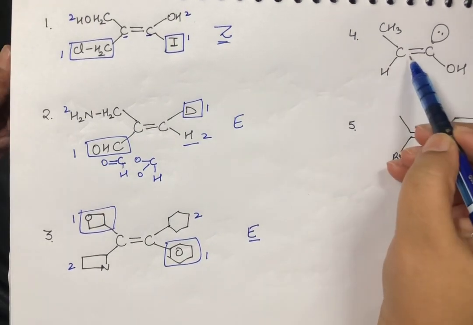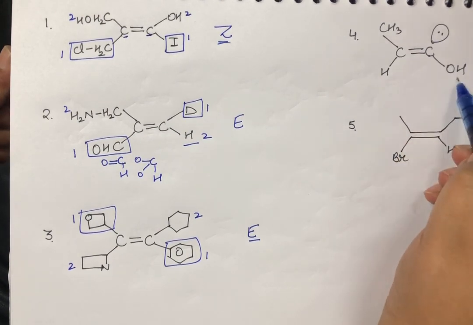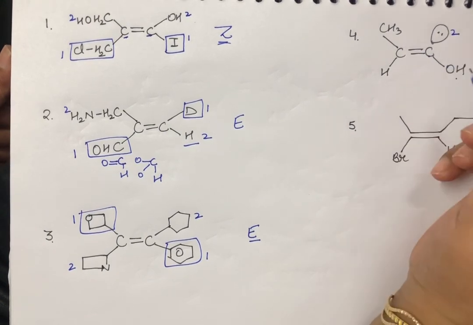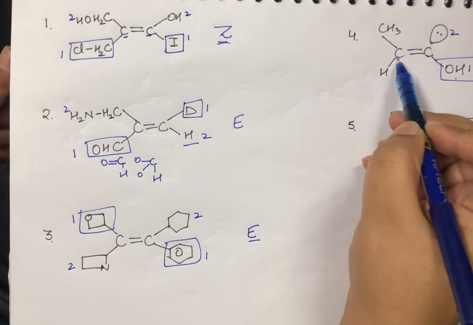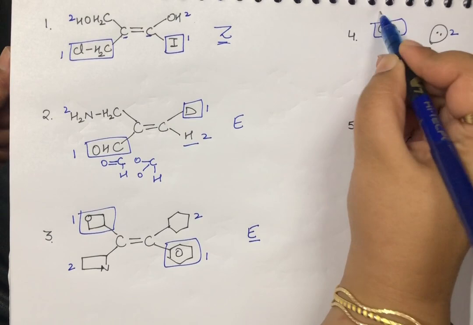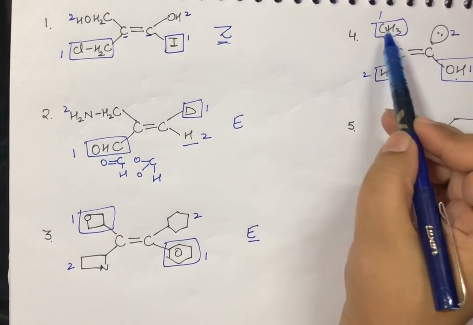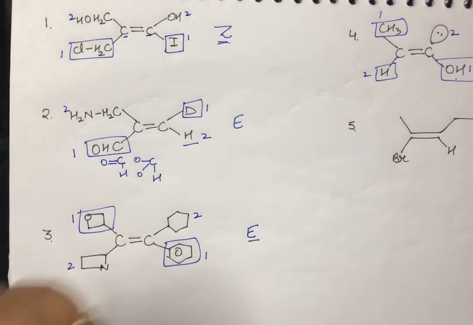in this particular question, I have this carbon which has a lone pair and this is an OH. So whatever be the other compound, if this is the lone pair, this is automatically the lesser priority and this is of more priority. And out of this carbon, it has CH3 and here it is attached to a hydrogen atom. So this is of more priority and this is of less priority. So again, we have the same priority groups on the opposite side. So it is E configuration.